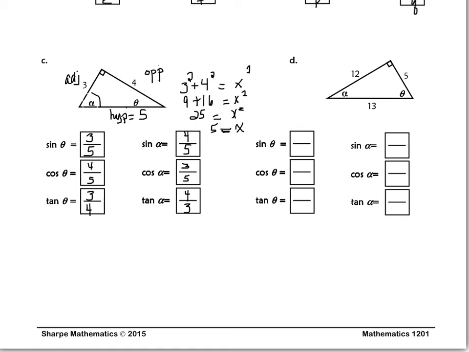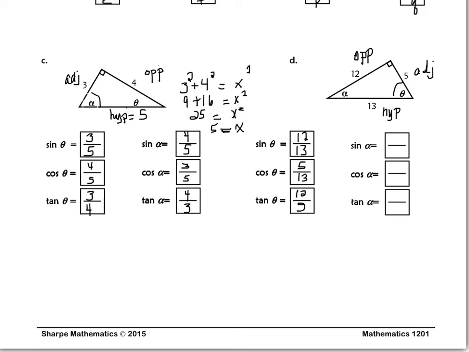And the next one, we have theta right here, so this would be the opposite, this would be the adjacent, and this one is across from 90, so that would be our hypotenuse. So sine of theta is opposite, which is 12, over 13, the hypotenuse. Cosine is adjacent, which is 5, over hypotenuse, 13, and tan is opposite, which is 12, over adjacent,